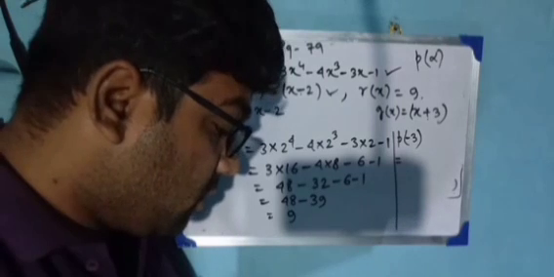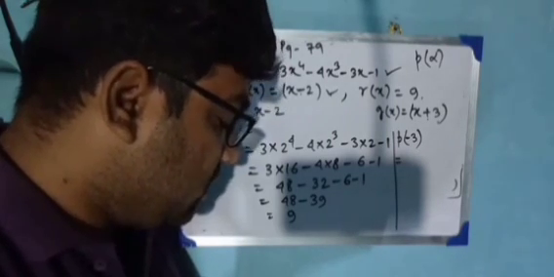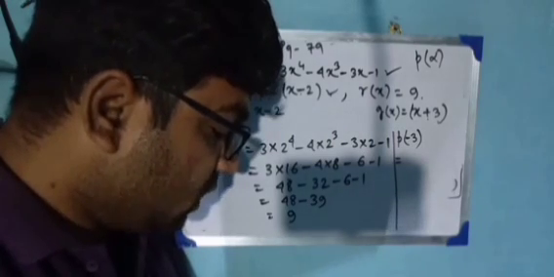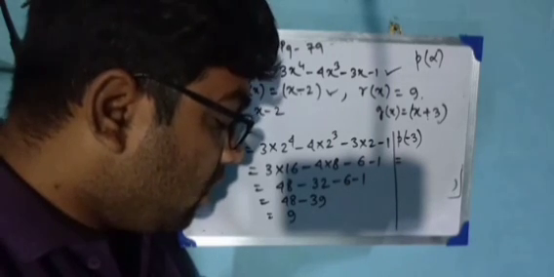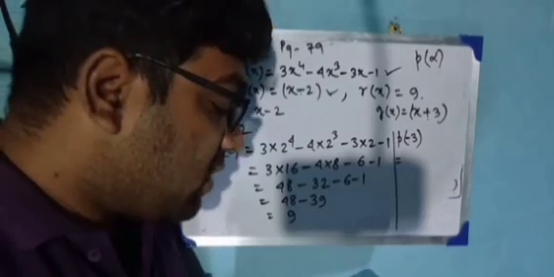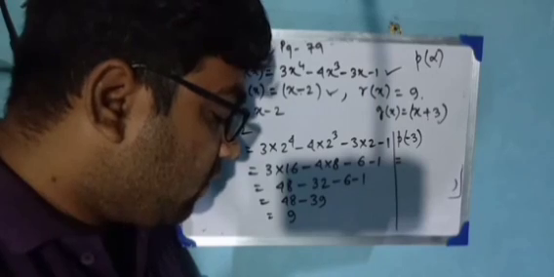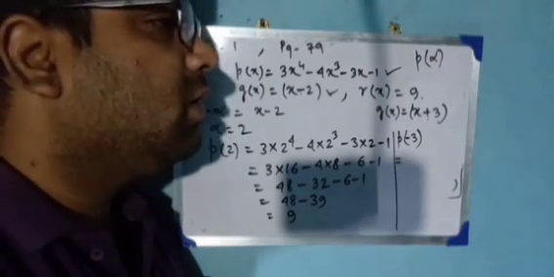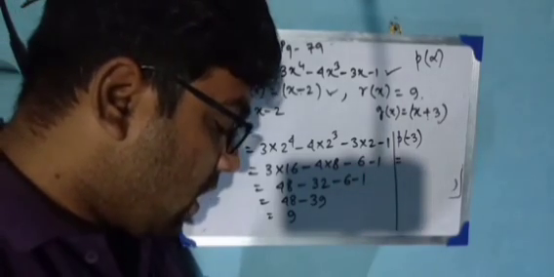Next, come to the solutions of the exercise, that means exercise 2c. Exercise 2c: by actual division, find the quotient and the remainder when x to the power 4 plus 1 is divided by x minus 1. So we have to use the actual division method, that means we have to divide x to the power 4 plus 1 by x minus 1. Hope you are able to do it. If you are not able to, then tell me, I will help you.